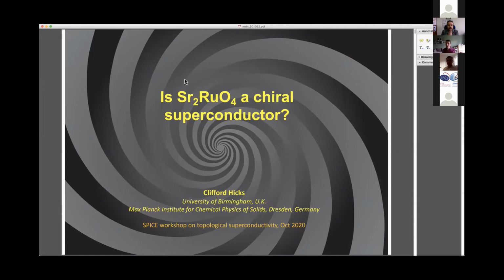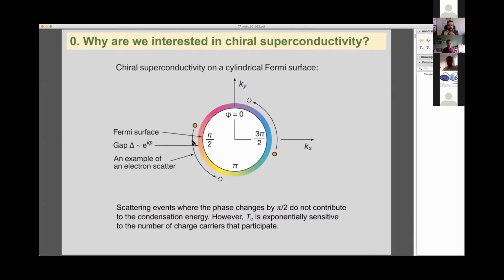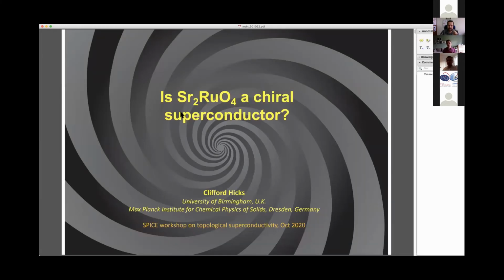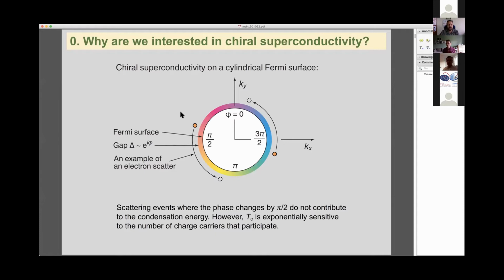Sorry for interrupting, but I'm not sure whether you have changed the slide already? Yes. We haven't seen that. We are still stuck in the SRO. Oh, right. Now we can see it. Now you can see it. Okay, I'll just stick with this. Sorry for that. So we want to see the pictures of the people who were involved, the names. Is this the very first one then? This was my title slide, and this is my first slide. No, brilliant, awesome. Thank you so much. Okay, good. I'll stick with this then.